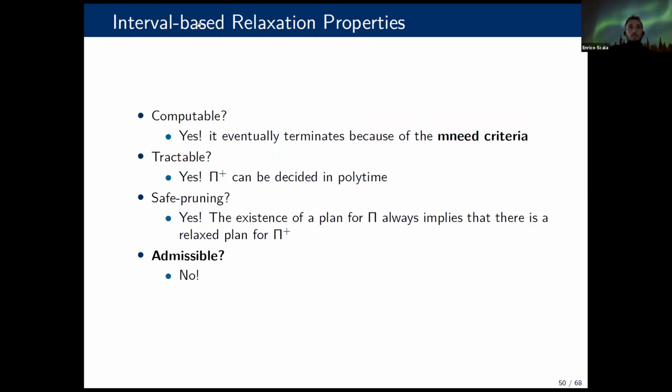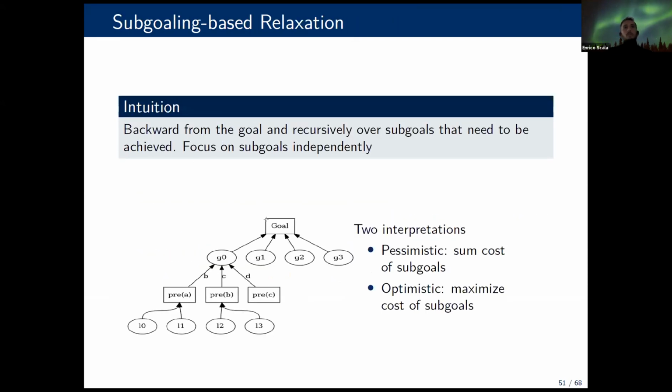Interval-based relaxation is computable, tractable, safe-pruning, but it is not admissible. In order to get the admissibility condition, we need to move into the framework of sub-goaling based relaxation. The sub-goaling based relaxation is based on the idea of going backward from the goal and recursively over sub-goals that need to be achieved, and you do so by focusing on all the sub-goals in a way that pretends that there is no interaction between the sub-goals